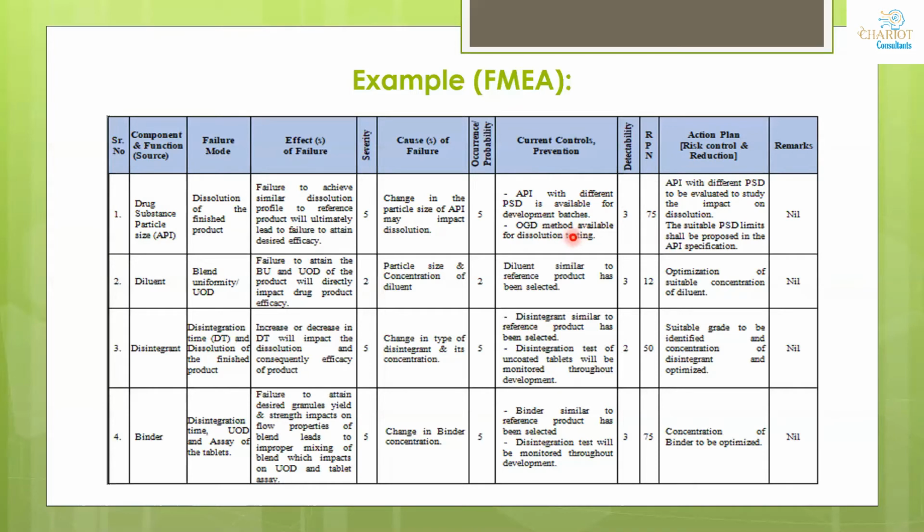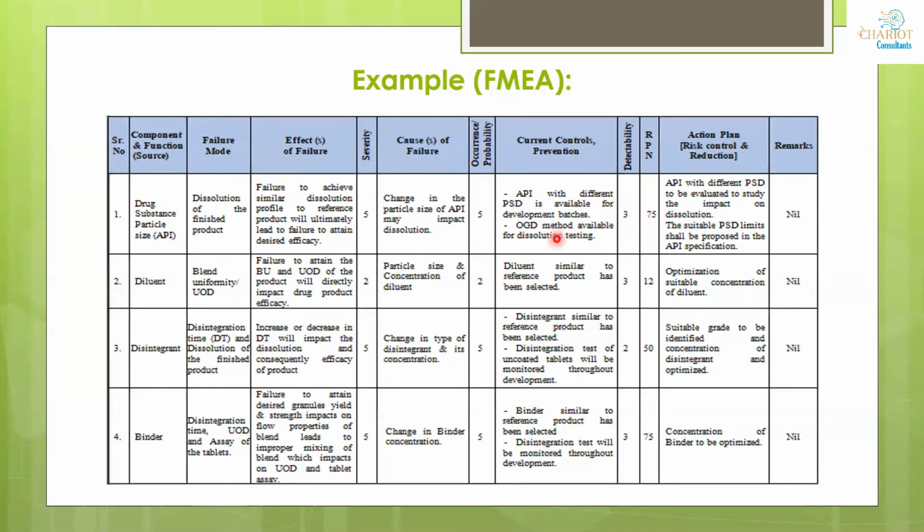So you are detecting it. So first of all, the severity, how severe. If you have different particle sizes, the severity obviously will be very high. The occurrence, yes, the occurrence will be very much. The probability of happening again and again will be high. And the detectability I have kept a bit 3.